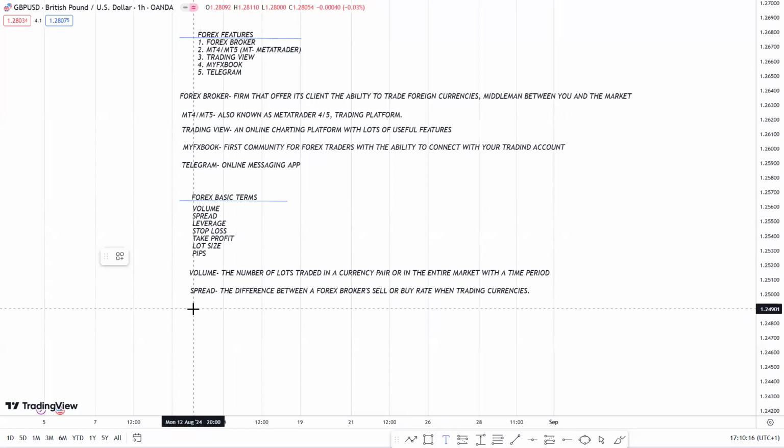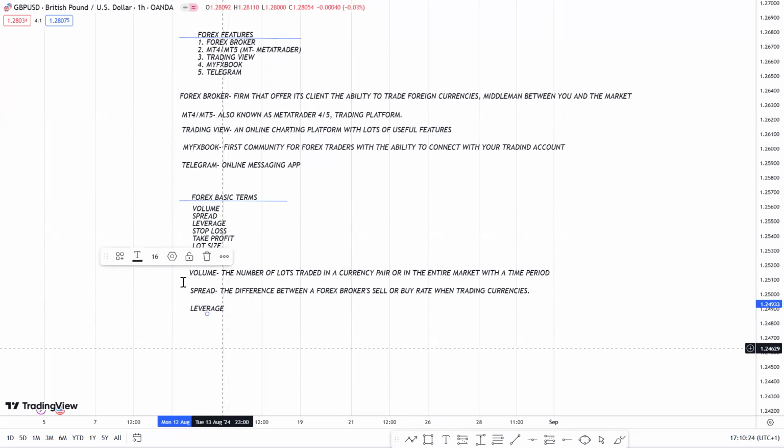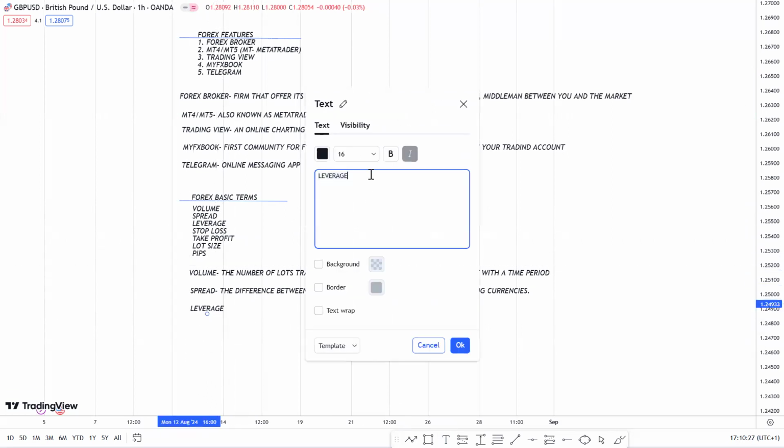So the next one we have here is leverage. All this information is important because it will help you determine the currency pair you'll be looking to trade long term, the type of spread they charge, and how much you will be charged. So that's why these are important. So leverage is the use